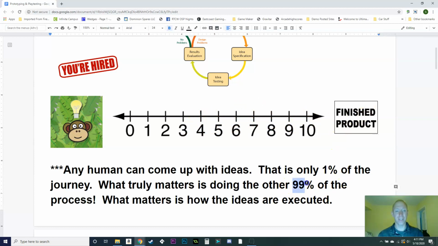That's where the majority of this journey is: testing your ideas and making adjustments as you go. So that's my challenge to you: playtest numerous times and keep making adjustments.